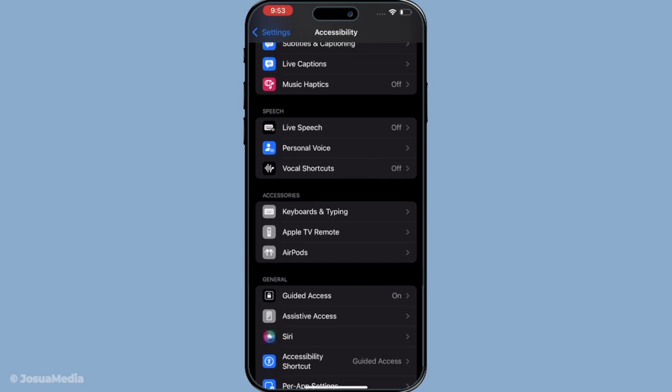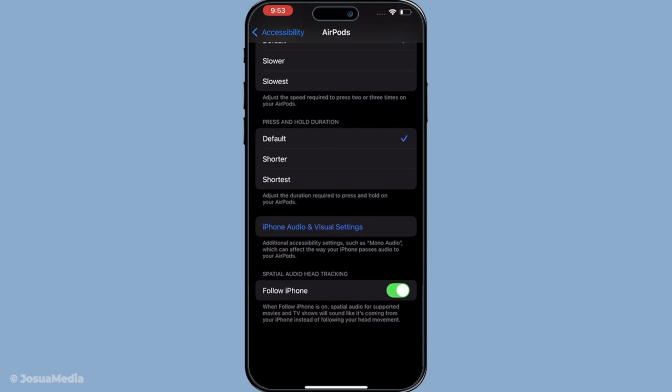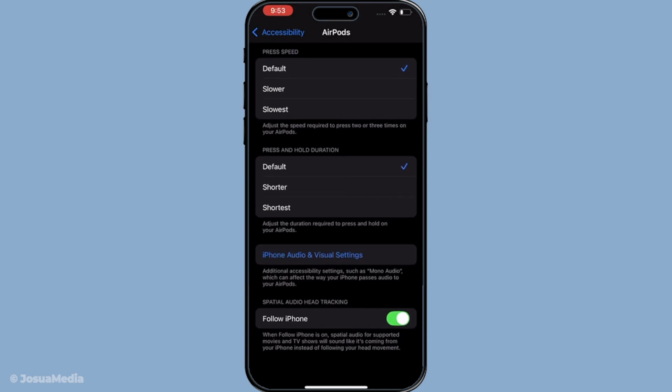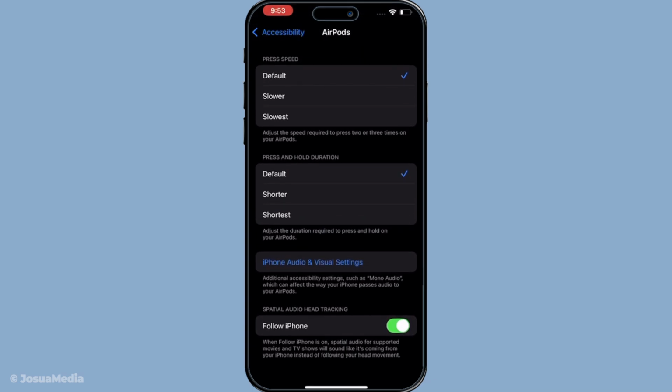Alright, I can see AirPods now, so I'm tapping on that. This opens up the AirPods specific accessibility settings, and everything here relates to how your AirPods interact with the iPhone and respond to different features. Once that loads in, I'm going to scroll down again because the option we want is at the bottom of this screen. So I'm just slowly moving down until I get there, and now I see the setting labeled Follow